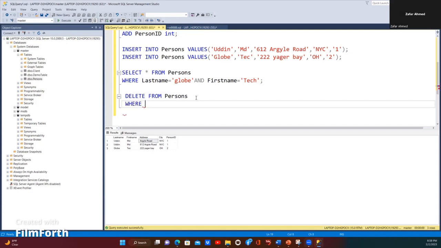Where address equal to Argyle Road. The address is not one. After delete, we have to do star or no? No. Star means all, so you don't want everything to delete. Okay. Right? So I'm going to delete